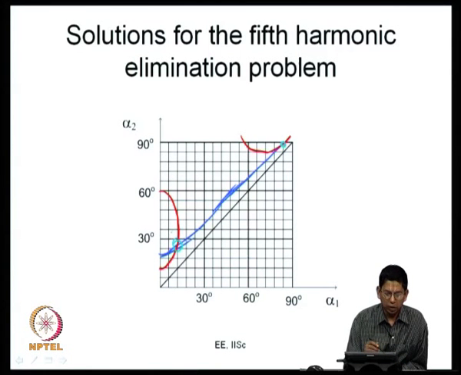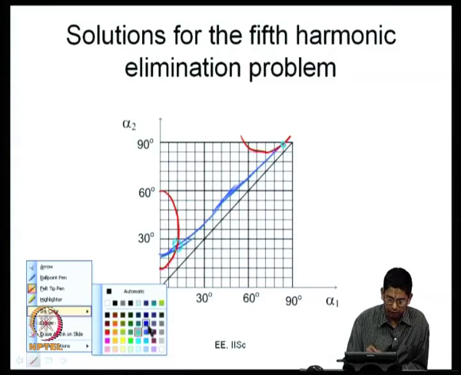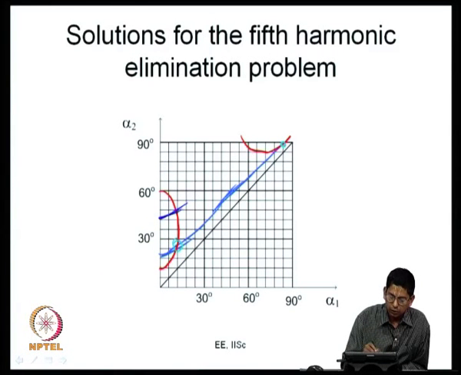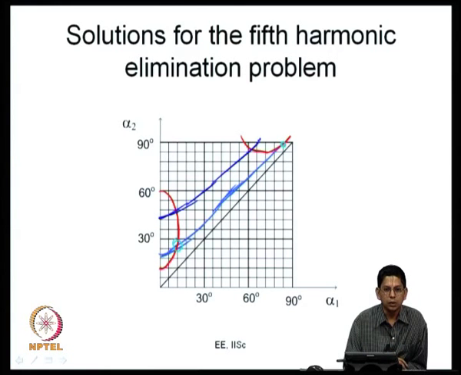It depends on your initial guess, and also if there is some other V 1, let us say you take another value of V 1. You may want to solve for V 1 is equal to 0.3 and V 5 is equal to 0. Depending on your initial guess, your iterative procedure will bring you to either one solution which is here or the other solution that is there. If it is more than 0.95, you may not get any solution at all. So, this is how you get it for the fifth harmonic elimination problem now.